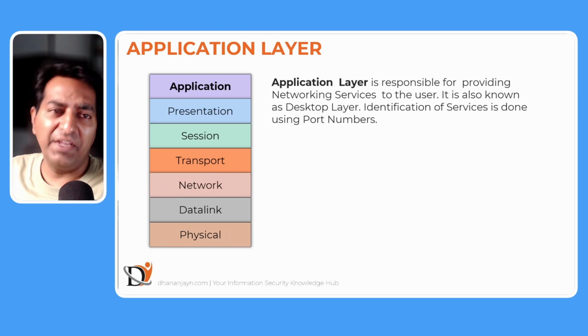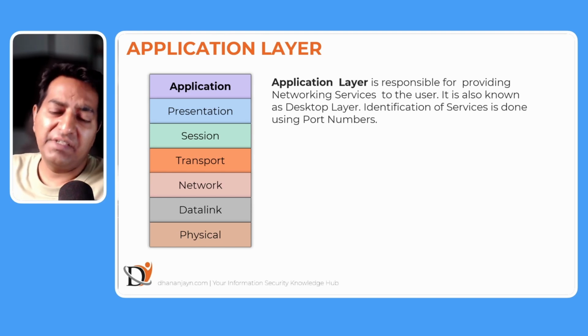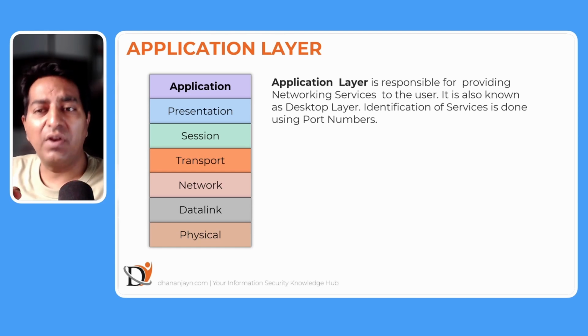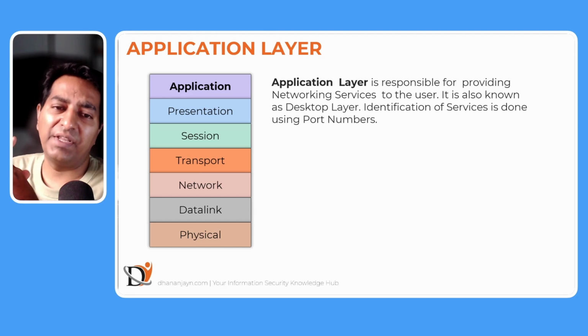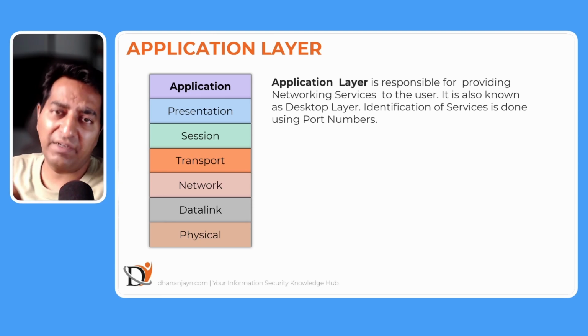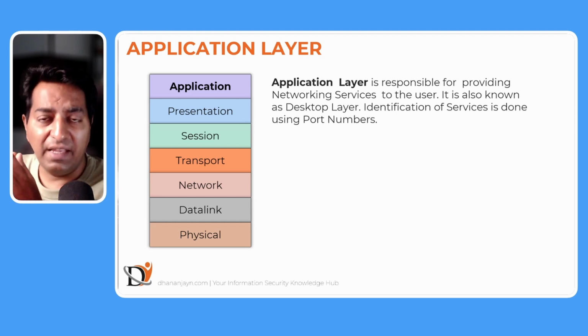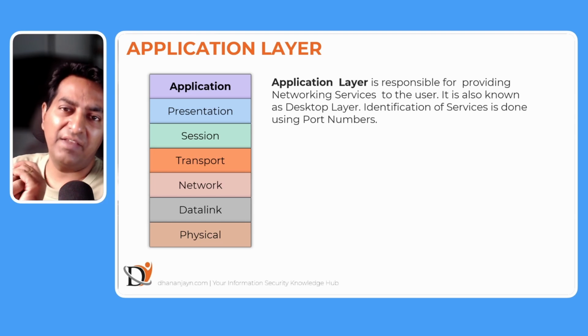So application layer is responsible for providing networking services to the user. It is also known as the desktop layer, and identification of services is done using port numbers. The application layer is the topmost layer of the OSI model and is responsible for providing networking services to user applications. So consider Mozilla Firefox or Chrome browser. These are the applications that we usually interact with. These are not actually the application layer. These are applications, but what these applications do is that they leverage the application layer functionality